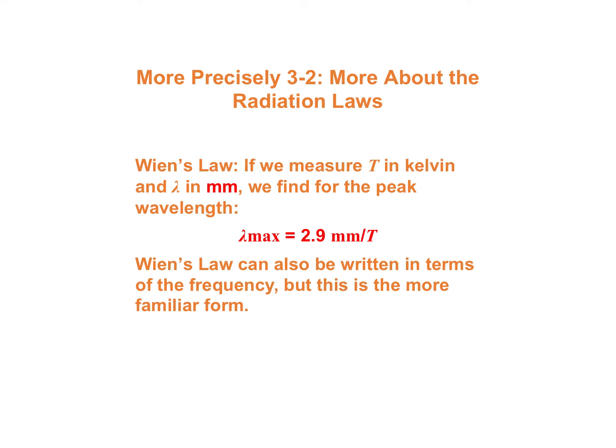Now, that first slide said that the peak wavelength is inversely proportional to the temperature. You can turn a proportionality into an equation by multiplying by a constant, and it turns out that this is the right constant to use. And so the formula that we have is called Wien's law. Now, it's kind of weird because it's Wien's law spelled with a W. Wien was a German guy, and in German, the W's are pronounced like English V's. So this is actually called Wien's law, and it tells us that for a black body, and I'll just make a note, that's for a black body,